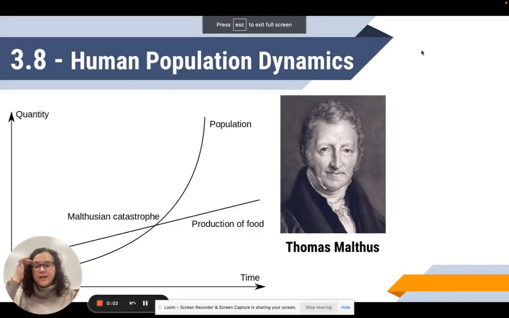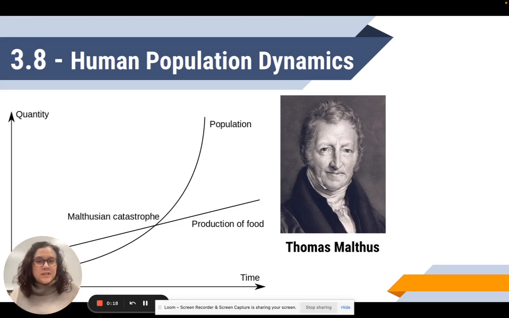Okay, so today we get to make the shift into not talking about all biological populations, but talking about human populations in particular. And what we're going to focus on today is how we can predict how human populations are going to change, look at how they've changed over time, and then shift into how that has become what we call the demographic transition model. So today is going to focus just on how populations of humans change.